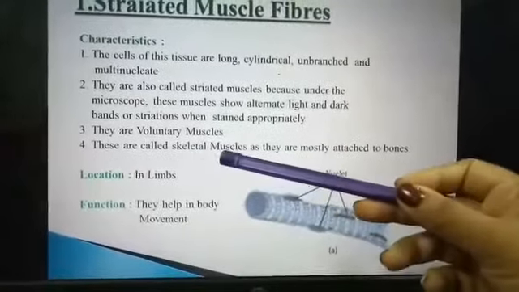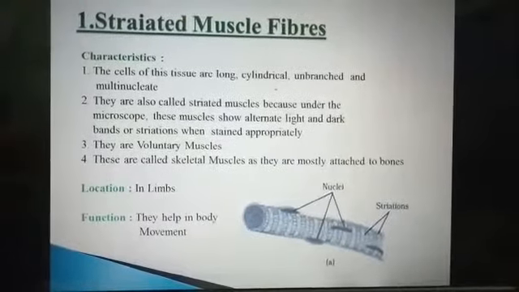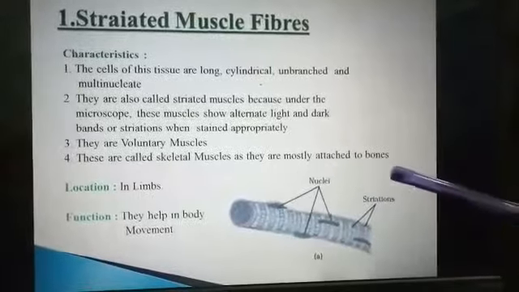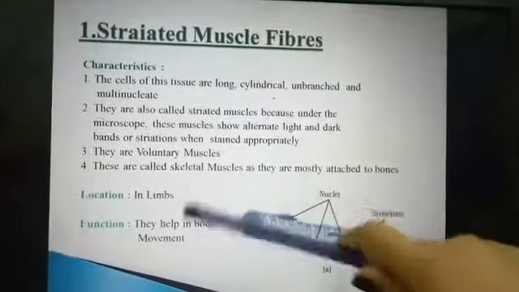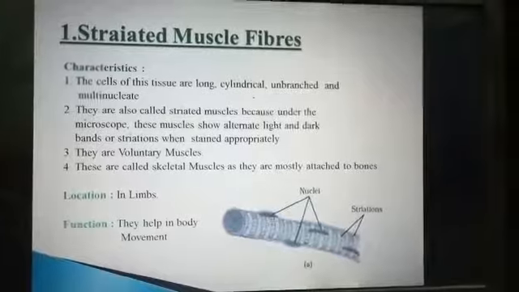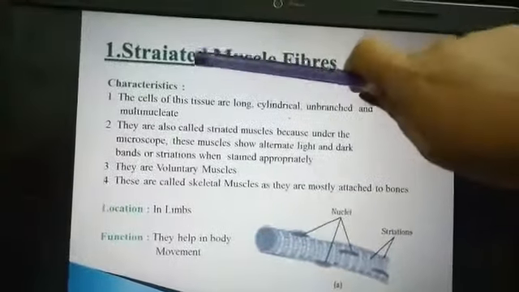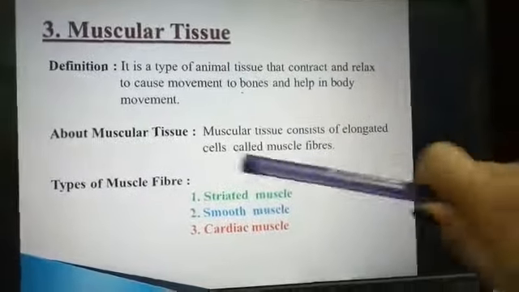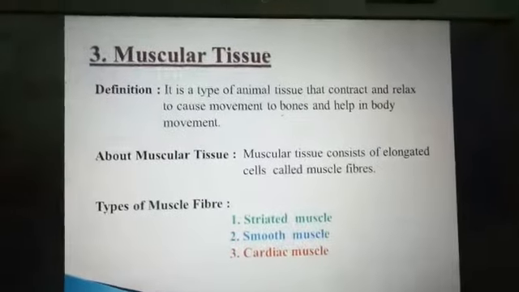And they are also known as skeletal muscles. The other name of striated muscle is skeletal muscle, as they are mostly attached to our bones, right? And location, they are present in limbs, मतलब हमारे legs में होंगे, हमारे hand में होगा, right? They are responsible for movement. They help in body movement. And just look here, boys and girls, what is the mistake there? There is a spelling mistake. We are matching this with this one, striated, right? And what is missing there?